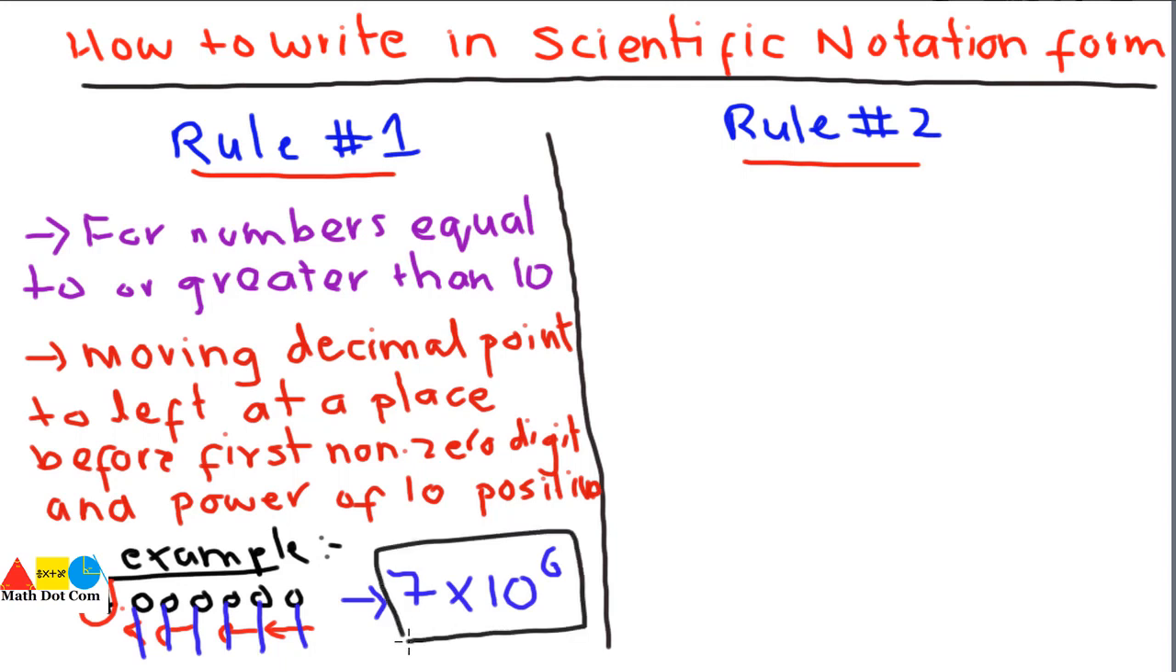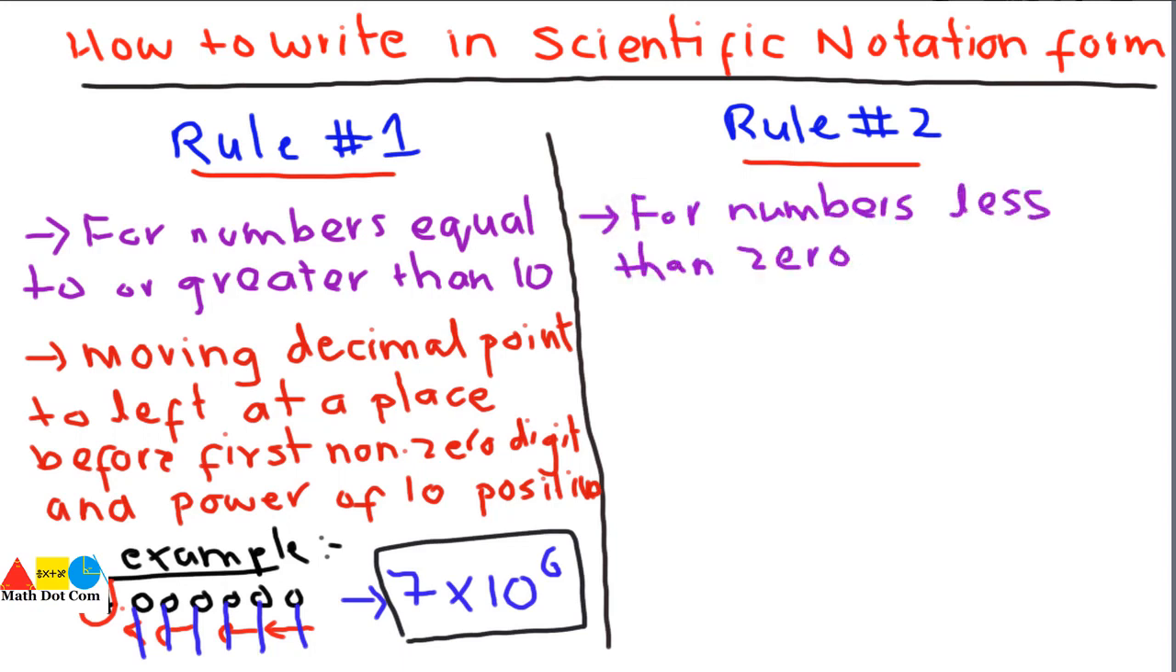This is for a number that is equal to 10 or greater than 10. It means this is the rule for the large numbers. Now let's see what the rule is for the smaller numbers that are in point. For that we have a rule for numbers less than 0. Let's see how you can convert the numbers that are less than 0 in scientific